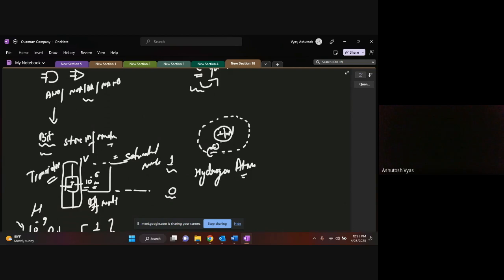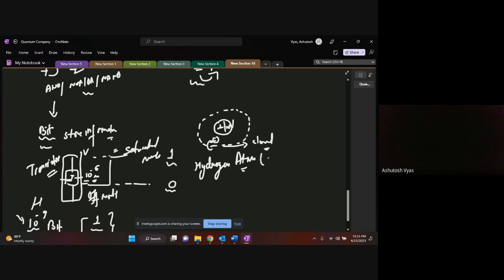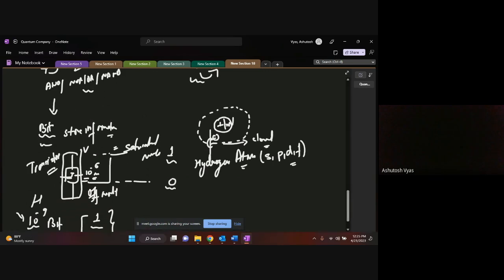One is its own rotation around it, which creates its own cloud, which you call the electron cloud. And we all remember that we have defined our clouds like S, P, D, F, right? So there are different mechanisms in which these clouds are defined. We will see it later. But we also remember that the electron revolves around its own axis also. Yes, you guys remember it? Yes, sir. Okay.